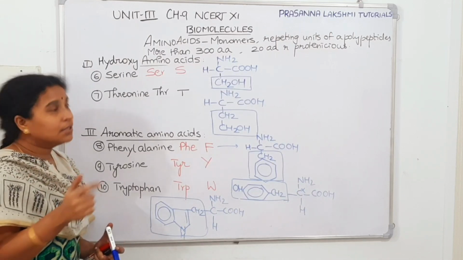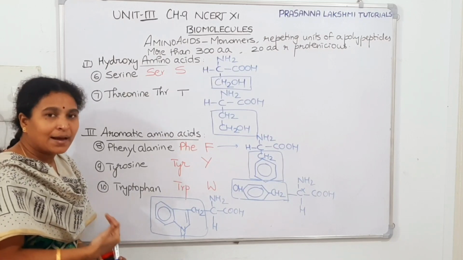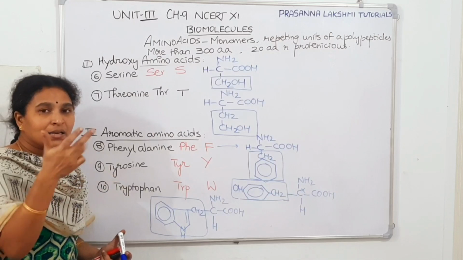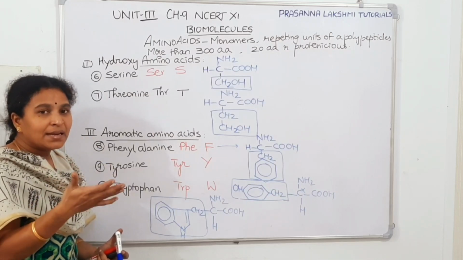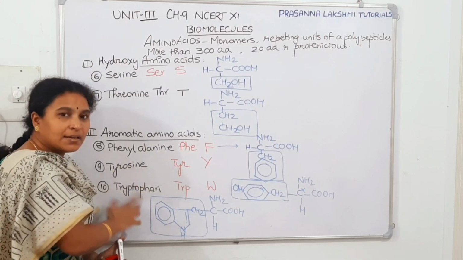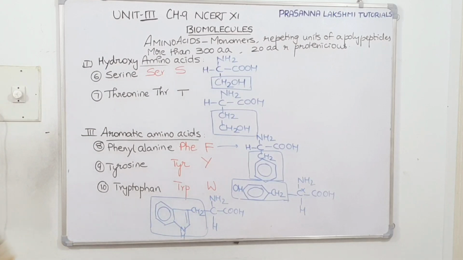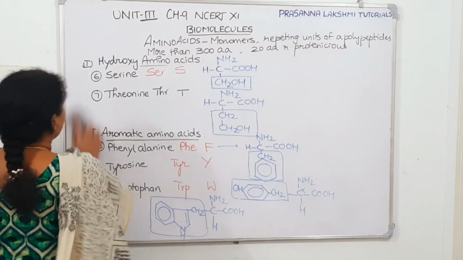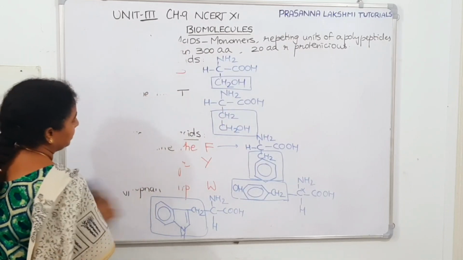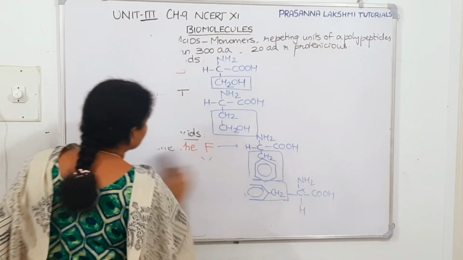So out of 20 amino acids, very easily we understood 10 amino acids. 5 are neutral, 2 are hydroxyl group amino acids, and an aromatic amino acid also. What are they? Glycine, alanine, valine, leucine, isoleucine. Then comes serine, threonine. Then comes phenylalanine, tyrosine and tryptophan. With this we finish 10 out of 20 amino acids. The remaining 10 amino acids are, we will now go with acidic amino acids and basic amino acids.